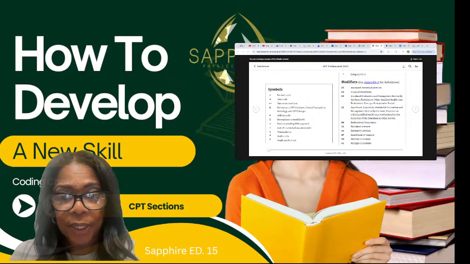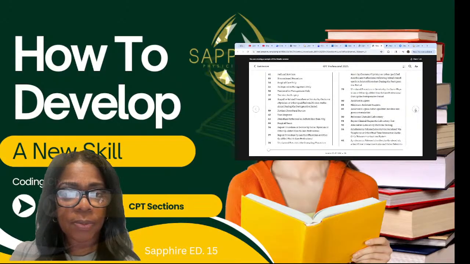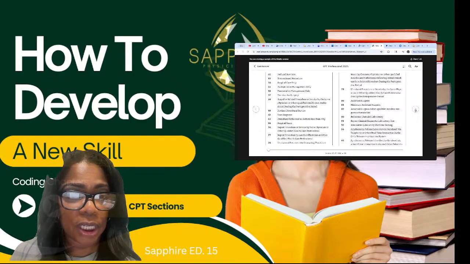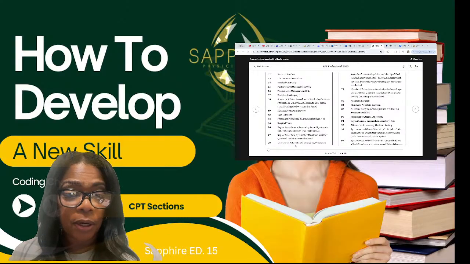And like I said, in your CPT book, you're going to go through each chapter. You're going to look at your symbols. You're going to look at your modifiers. Modifiers is going to be one of the next ones we do. This is basically to get you used to your book. Modifier 59 is going to be a doozy. Distinct procedural service. Can somebody tell me what they think distinct procedural service means? It's in your book, but